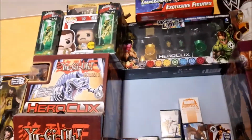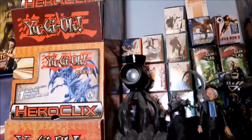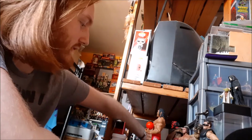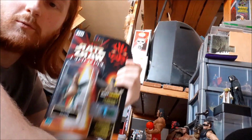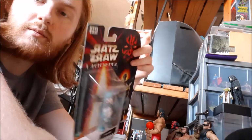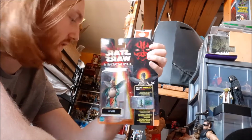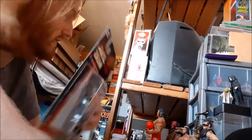There's Bernie Sanders on the shelf. All this HeroClix stuff I'll probably talk about more when I do a room tour. There is actually at least one thing that I missed out, and that is this Star Wars Watto Phantom Menace figure that I got in a mail opening quite recently. I do plan to just bust that open one day, but that is literally just laid on the main